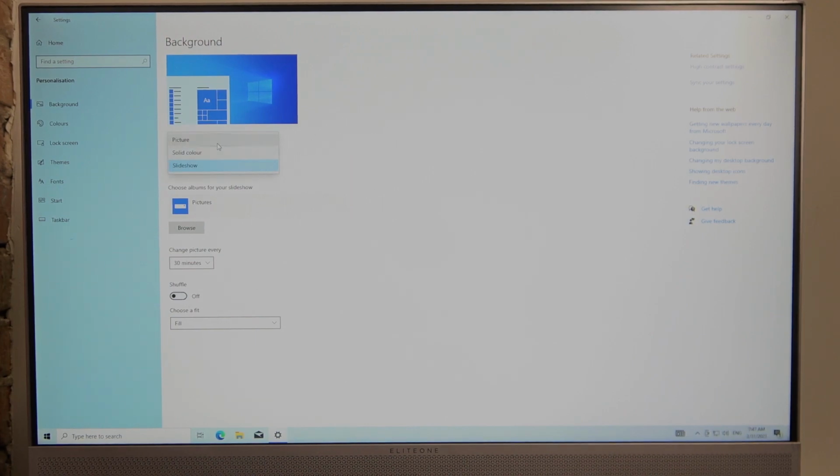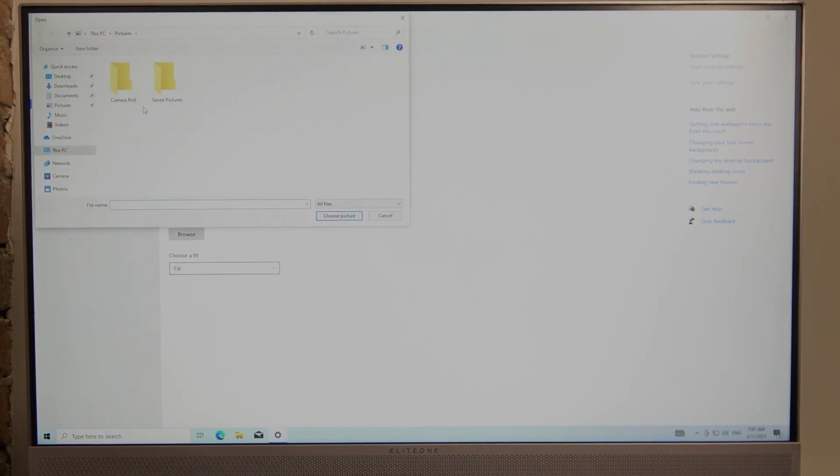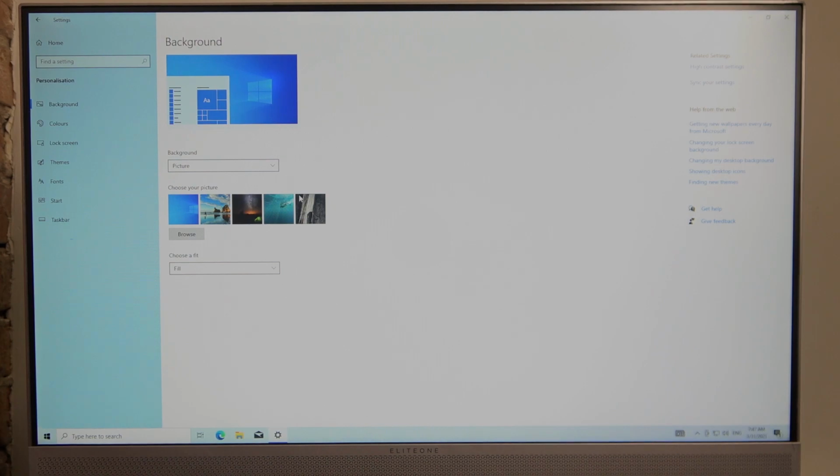Now if you want to use a custom wallpaper, you will need to select picture and then click on the browse and find the file that you want to use as your wallpaper. And that's it for this